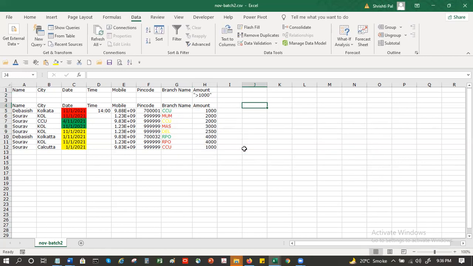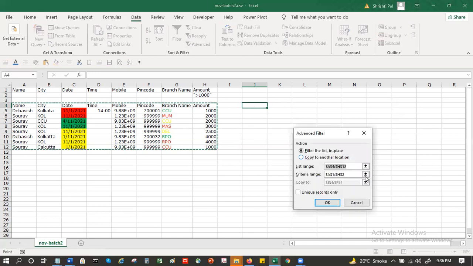It's missing. Amount is there. Branch two. Here there is something.